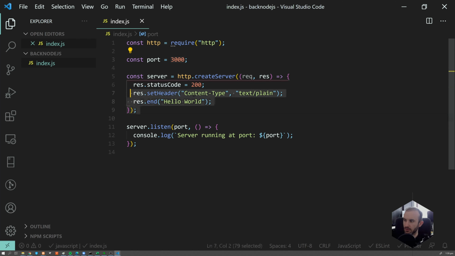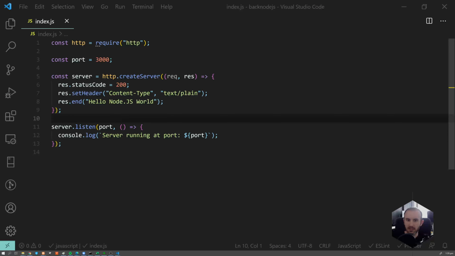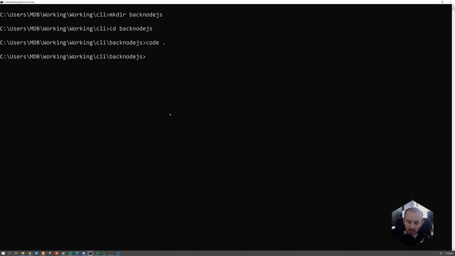So we configure our server. We're gonna send a response hello Node.js word. And we also have some console log to verify whether everything is working fine. So this is our code. I'm gonna save it, and now coming back to command line, we have to run the following command: mdb backend